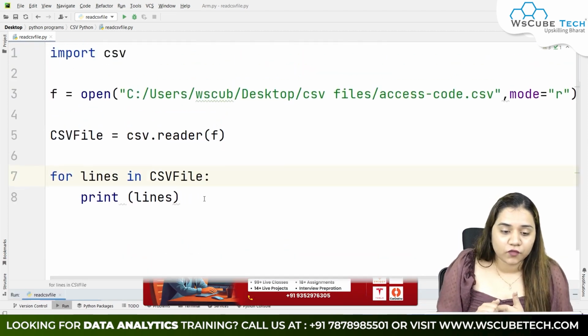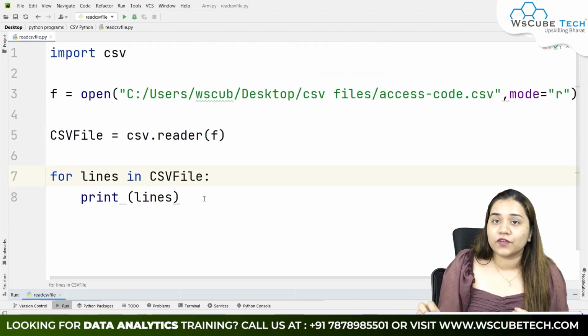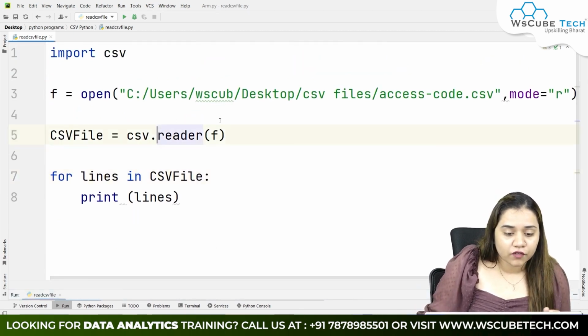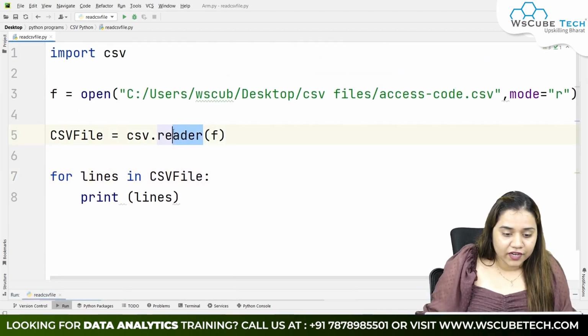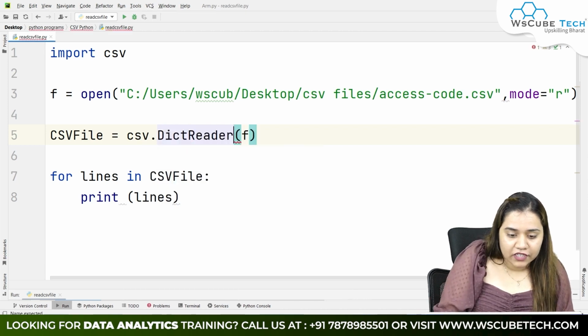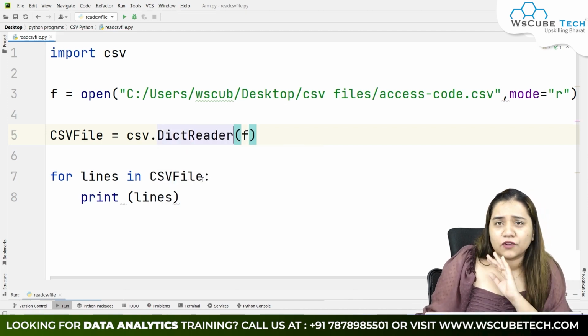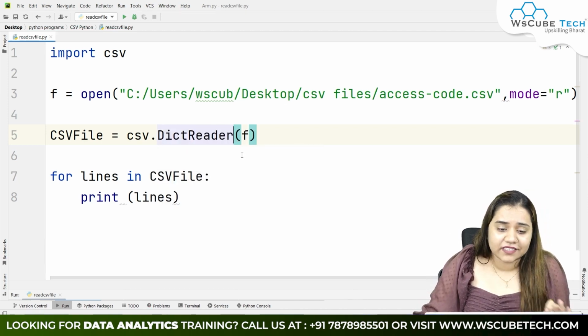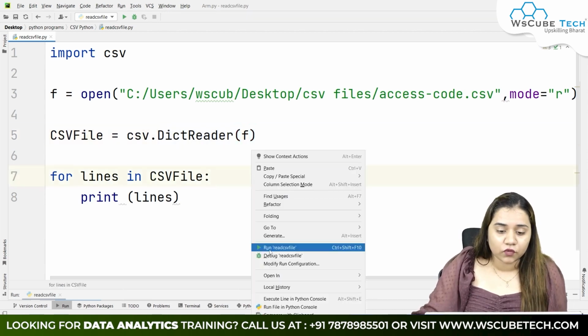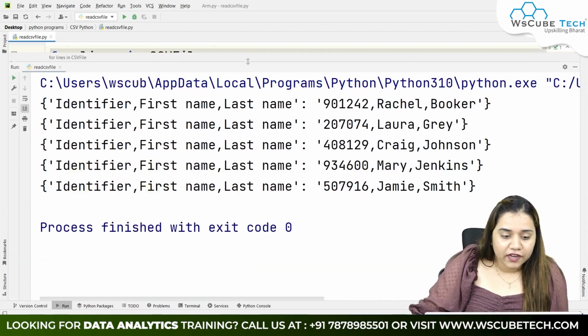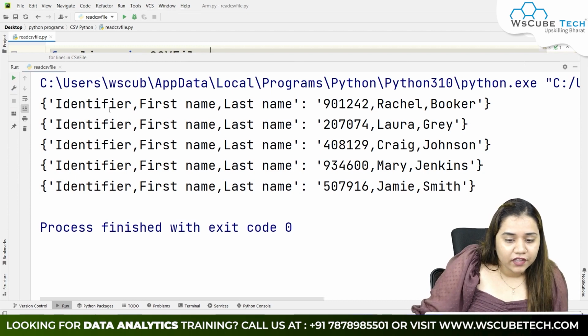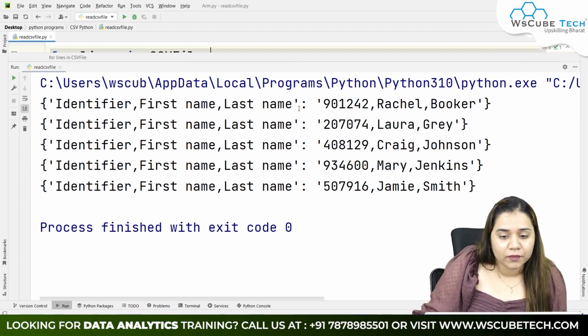Now our second method would be if you want to read it in the format of a dictionary. For that, instead of writing reader, you can write DictReader. So here I'll be writing DictReader, and doing this, I'm not doing anything else. I'm just changing this reader to DictReader, and it will give you the output in the format of a dictionary. And as soon as I run it, the identifier, first name and last name will become the keys,